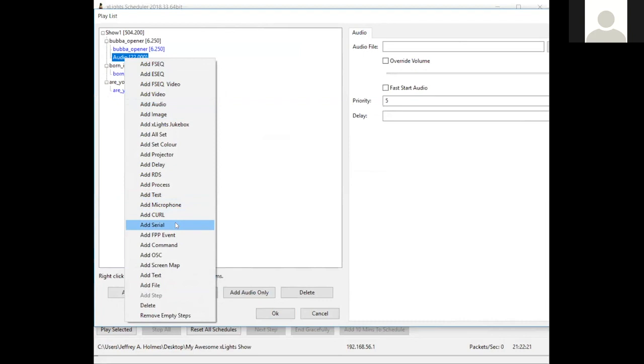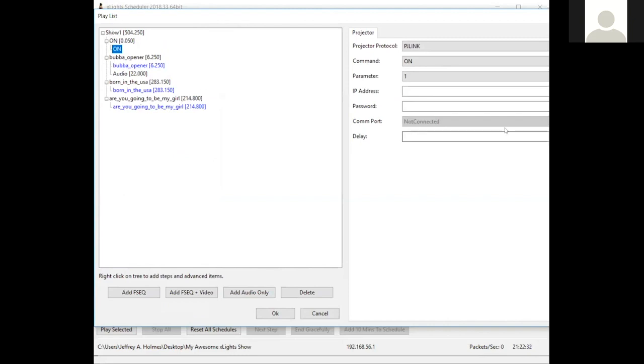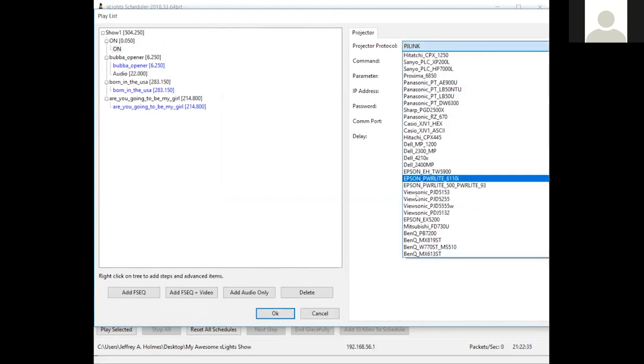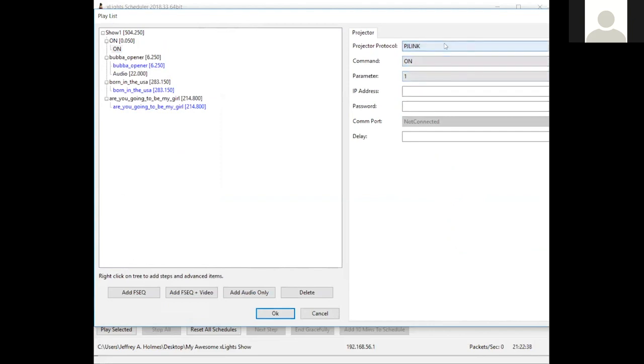If you have a device that accepts serial commands, you can put in an item that will send a serial command to your device. If you have a projector, this is not a world I get into, but you can select your projector protocol and your command, which is really, really useful if you want to, say, create a step that runs at the beginning only to turn everything on, right? You'll remember from the beginning, we talked about play first step once, play last step last. That step could literally just be this command of turn on my projector, please,